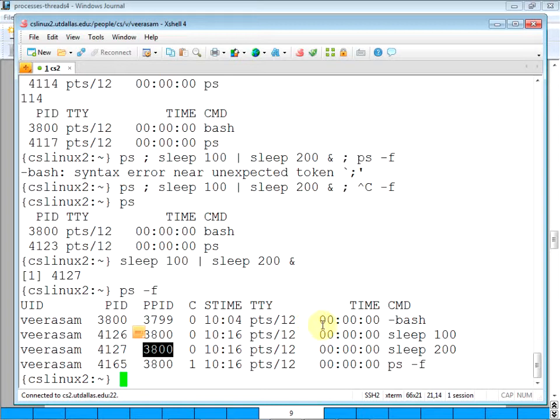Okay, so this original shell really is the parent of both. And it forked and created this, then again it forked and created this. Okay, in fact this detail probably will be covered a little bit later.